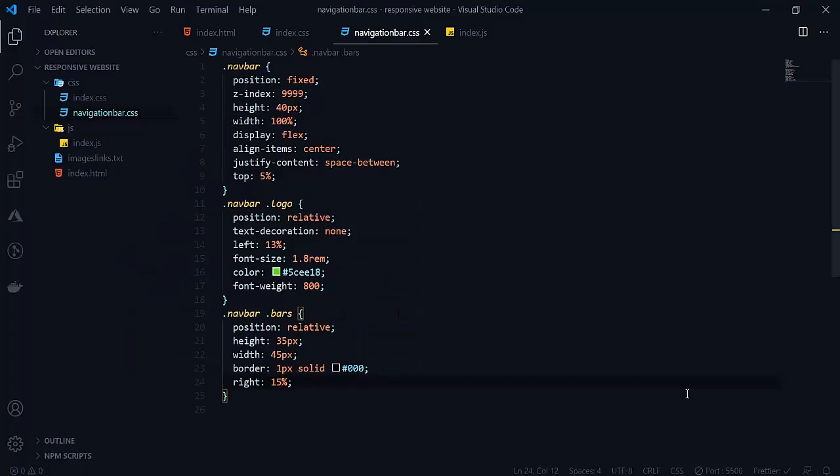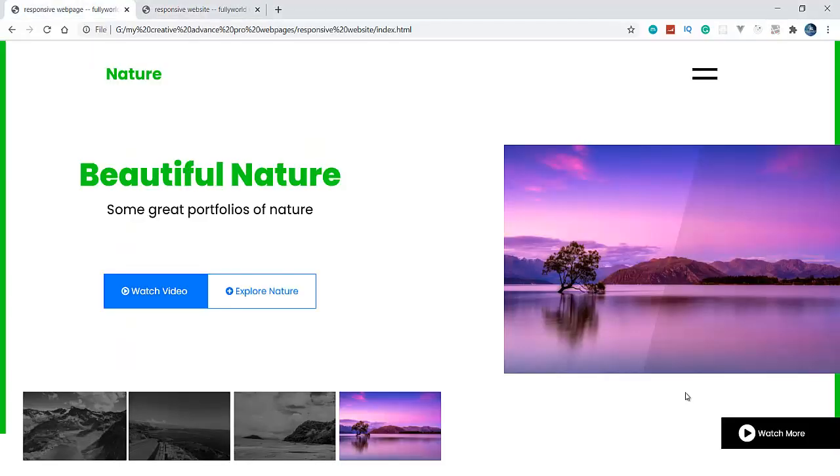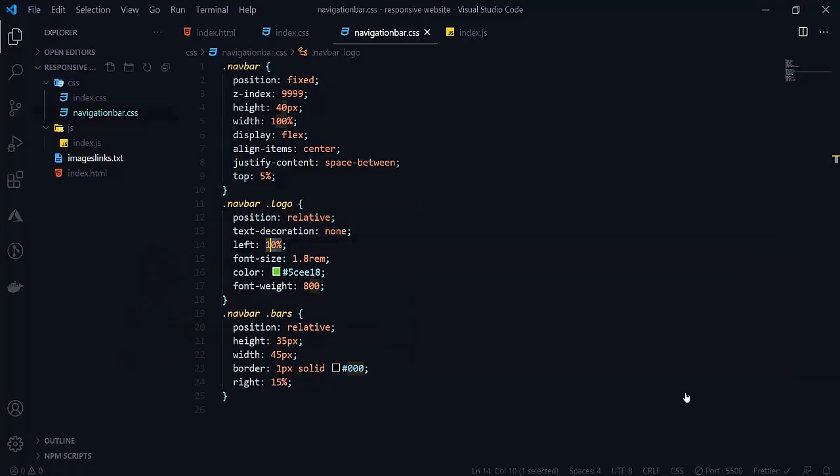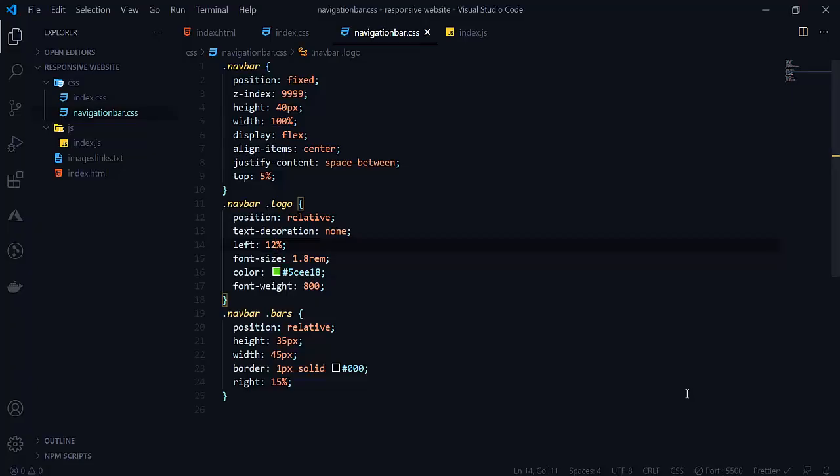Yeah, 15% is perfect. And here also we want left to 10%. 10% is more here, 12% is better. Here left is 12%. See that it is working correctly now. So now let's see our divisions here. Here will be our divs.